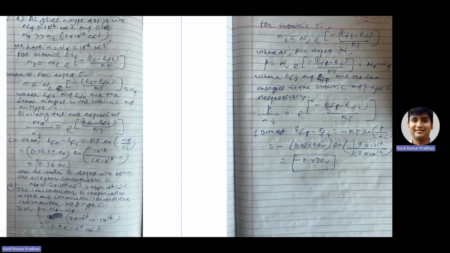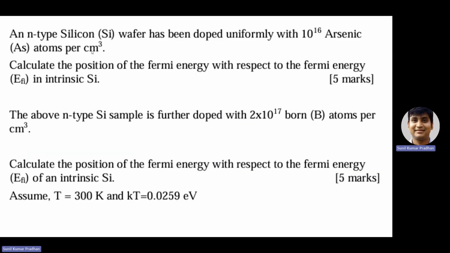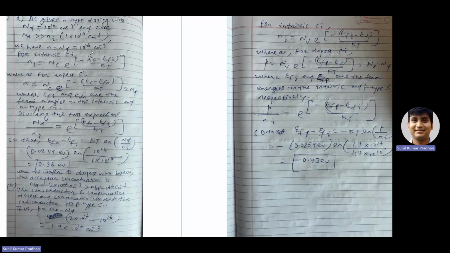So as the donor concentration is much greater than the intrinsic concentration, we can conclude that the electron concentration is equal to the donor concentration, that is 10^16 per centimeter cube, because this is an N-type semiconductor. That is why the electron concentration is equal to the donor concentration. Now for intrinsic silicon,